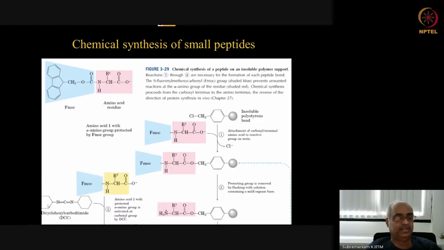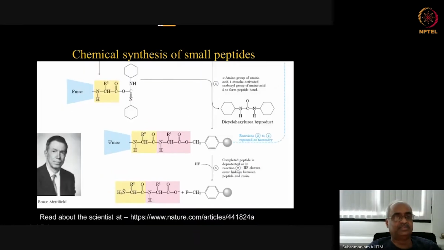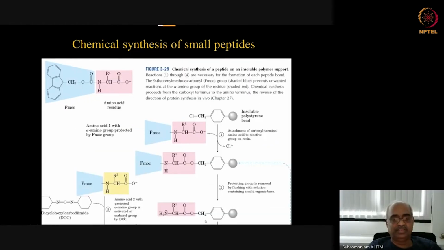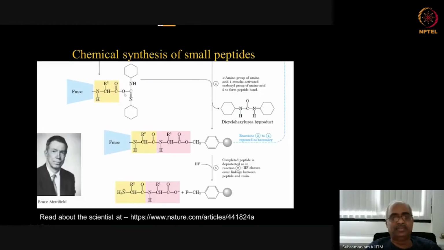Okay, so this DCC reacts with this carboxyl group, and this is a reactive group, and this is remaining protected with the FMOC. And this then is combined with this amino group here, and after the reaction it becomes a dicyclohexyl urea, and you have this carboxyl group attached to the amino group here. Okay, this is the first amino acid and this is the second. Now using hydrofluoric acid,